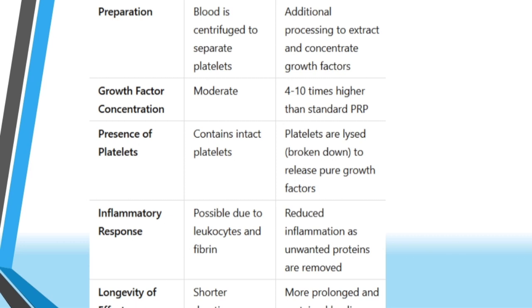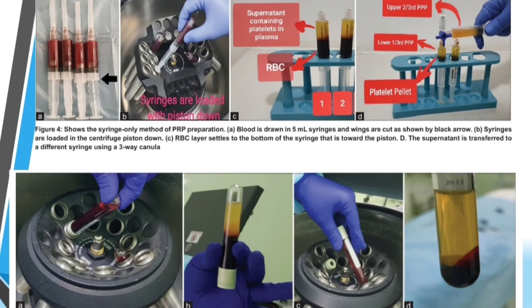In GFC, after collecting the blood, we will subject it to cryotherapy, liquid nitrogen at minus 196 degrees centigrade, so that the unwanted cells can be removed. So these are variants of PRP. The first one is the syringe only method of PRP, where the wings of the syringe are cut and blood